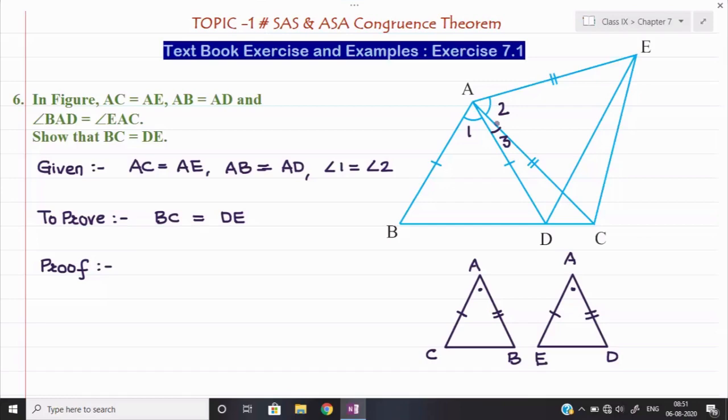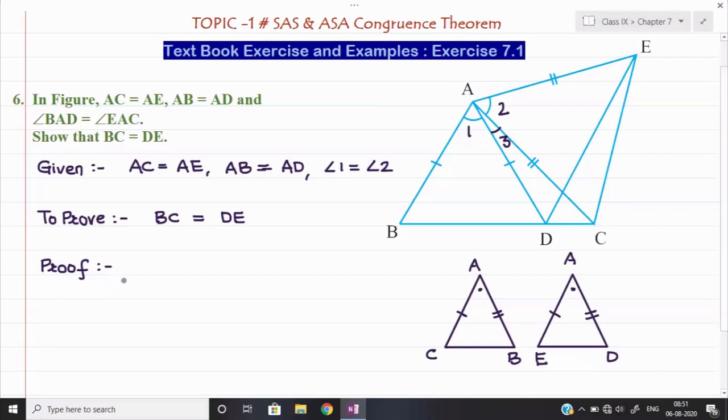triangles. So these two triangles will become congruent, and if these two triangles become congruent, then see there is one remaining corresponding part. I am putting the tick mark over here, BC and DE. BC and DE will become equal because triangles are congruent. So these two sides will also be equal because they are the remaining corresponding part of congruent triangles. Okay. So our basic job in this question is first we shall prove angle CAB and angle DAE are equal. So let us see how we can prove it.